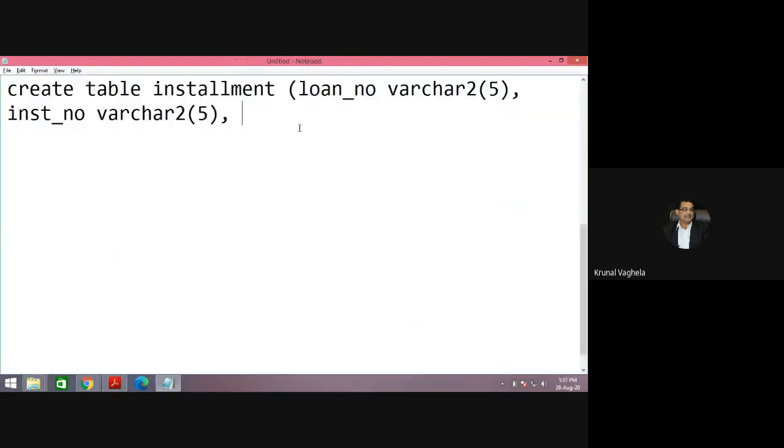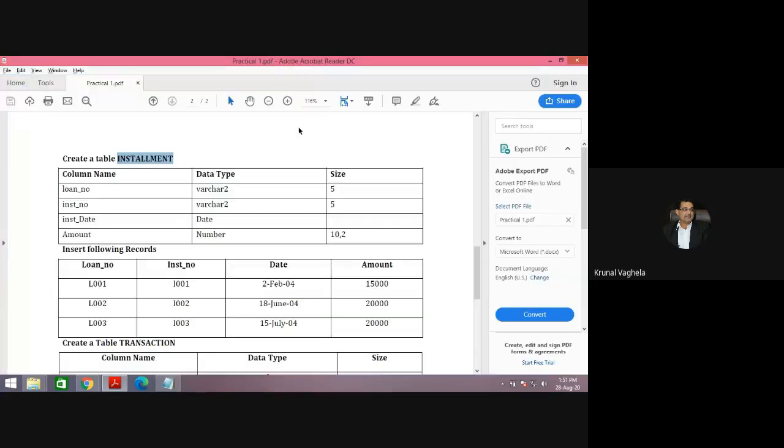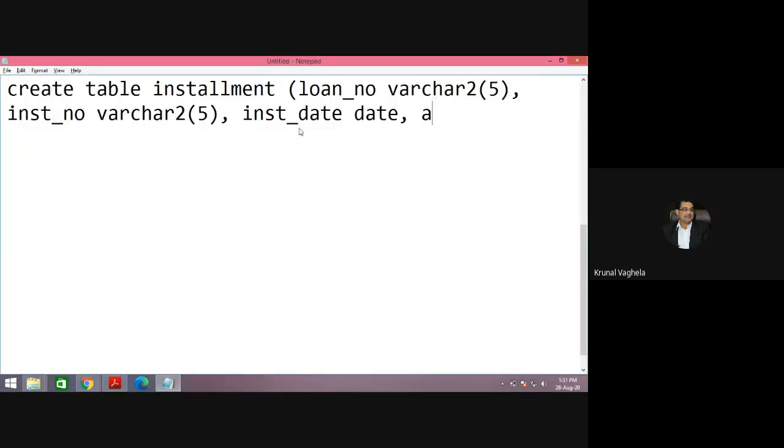installment date, data type is date, and amount, data type is number, 10, 2.